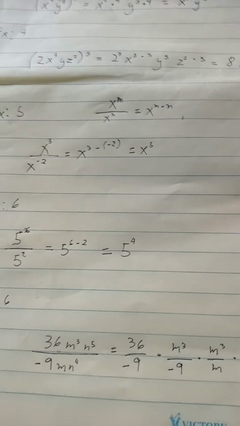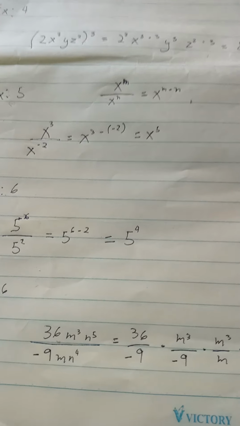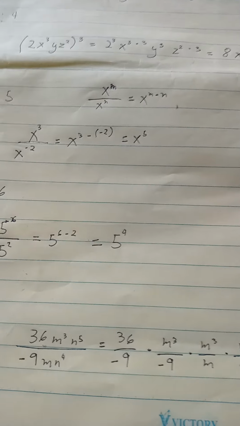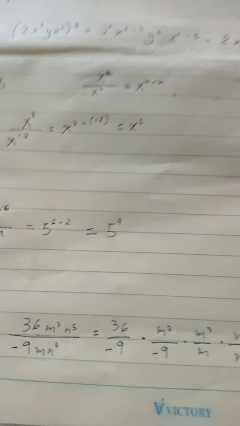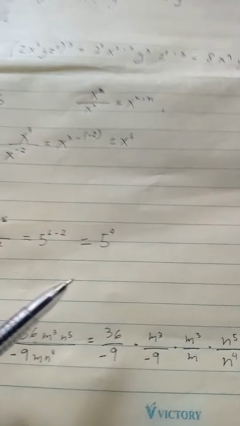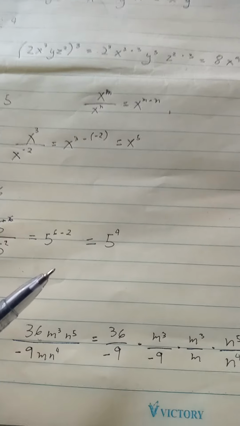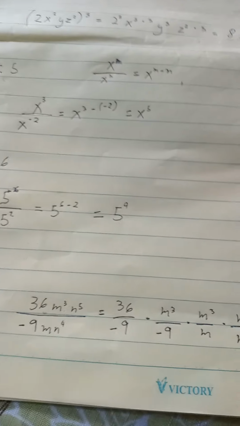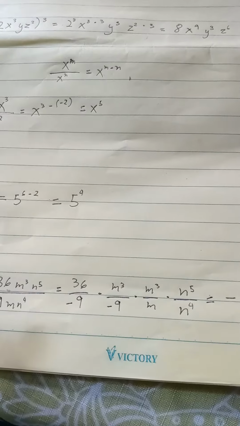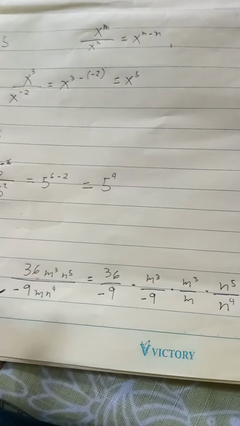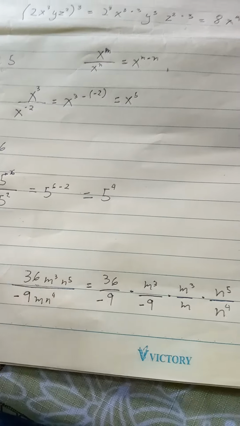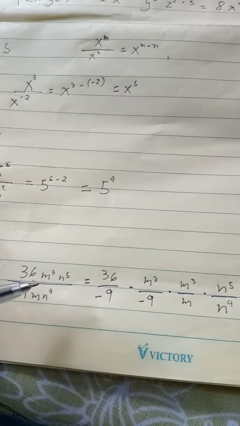We combine and subtract our monomial exponents, making the value 5 to the power of 4. Last in our list is the example